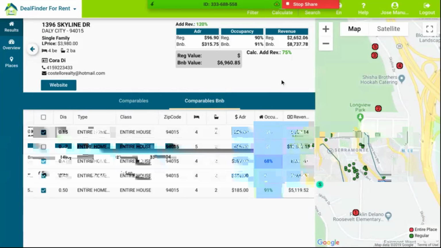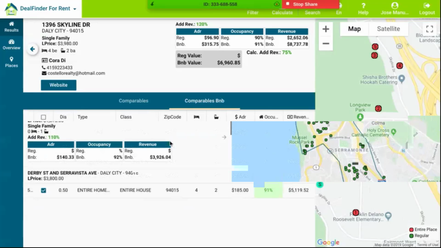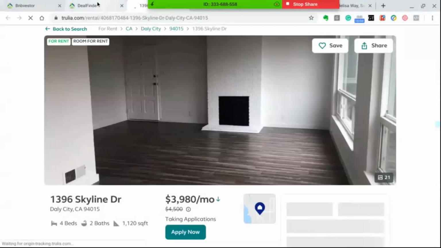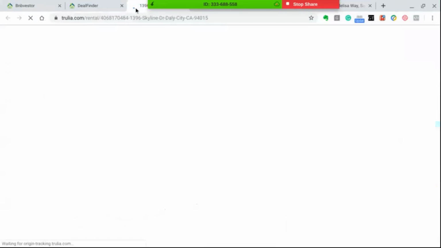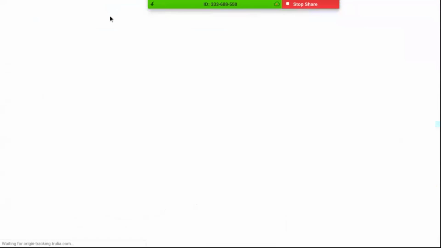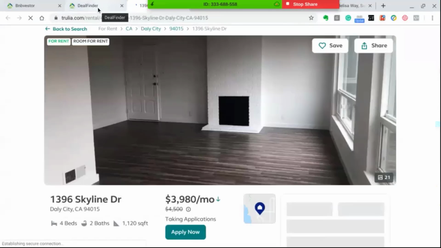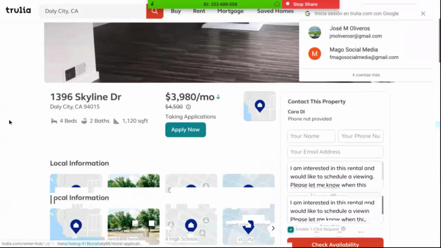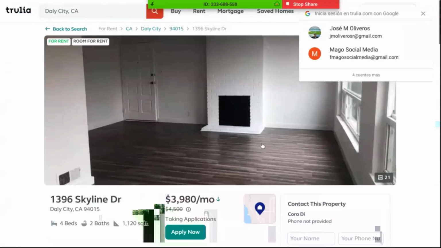Okay, so here I have 75% of the additional revenue, and what I can be making with this property is almost $7,000 a month. Okay, so it looks like it could be a good business here. Oh, I'm sorry about it. As you can see, when I clicked on the website of the property, I could see that the property is actually for rent. I can see all of the information here. If I want to learn a little bit more, even if I want to look at pictures, I'm going to be able to do it.